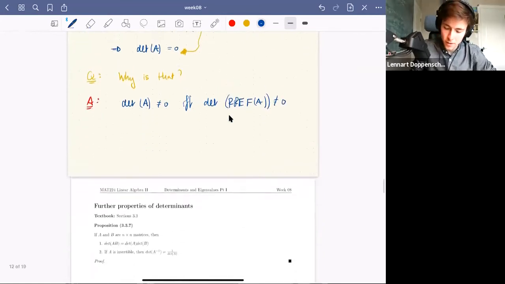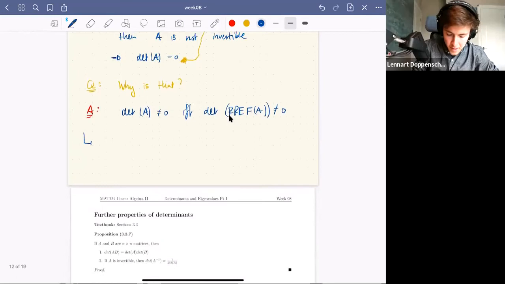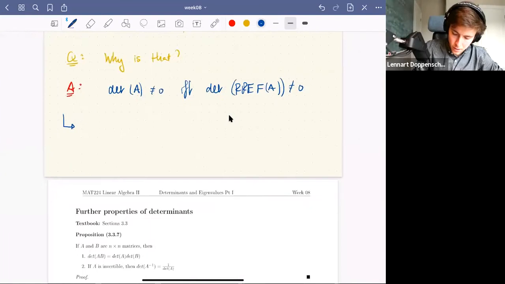And this is something we have to prove, and this is not too hard to prove if you have the right idea. So, of course, imagine that R, let's call R the RREF of A,